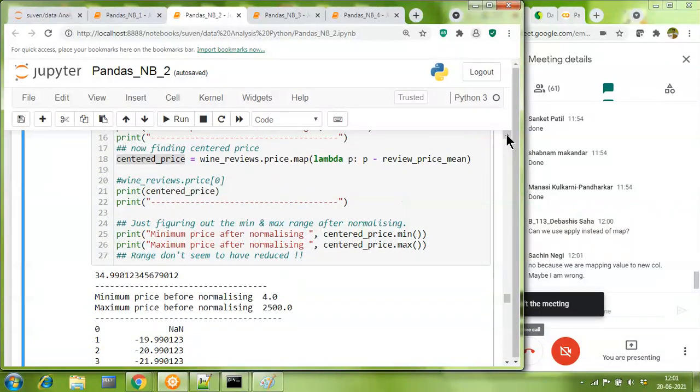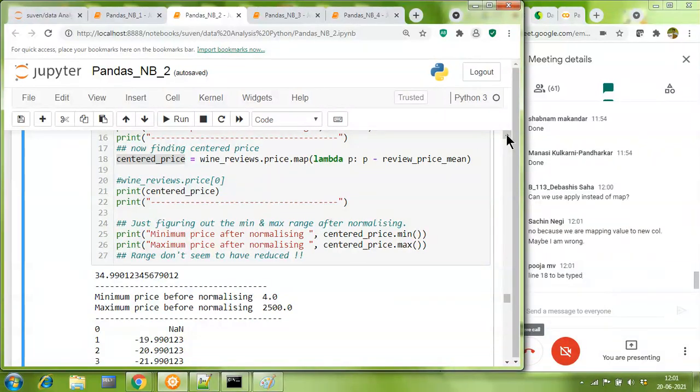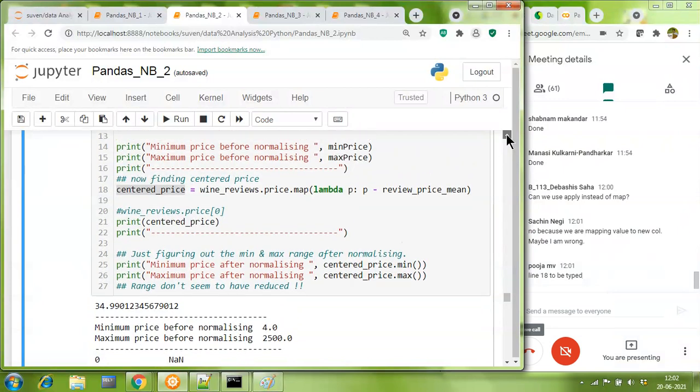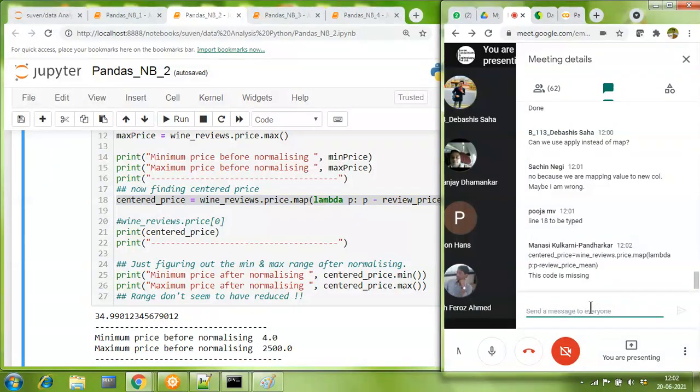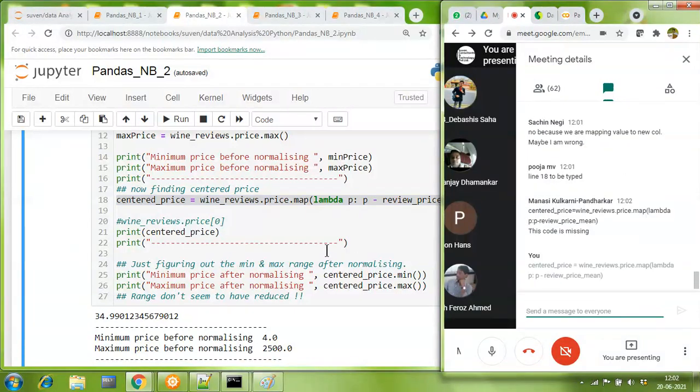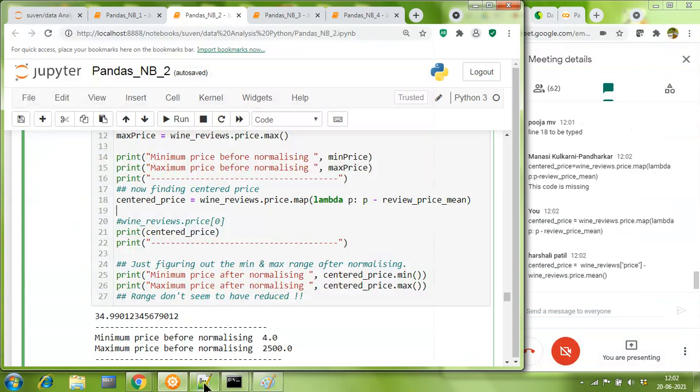Devashish has a question. Can we use apply instead of map? I think the class can answer. Sachin has already answered and the answer is correct. When you want to work value by value, always apply map. Row by row, column by column, apply. I'll put that in the notes also.